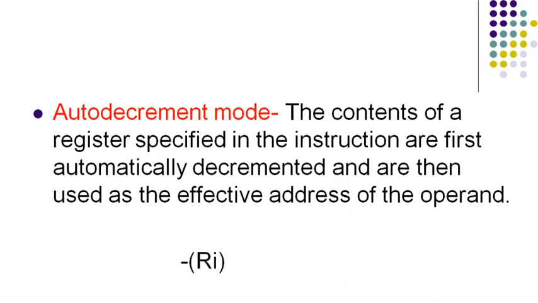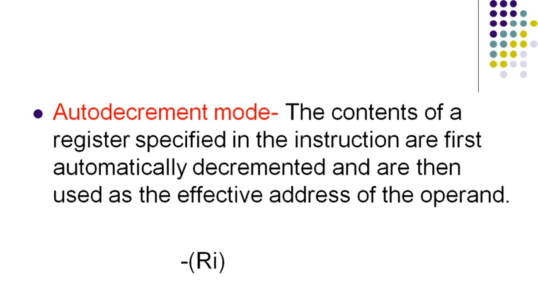You may be wondering why the address is decremented before it is used in auto decrement mode, and it is incremented after it is used in the auto increment mode. The main reason for this is you'll be studying the data structure stack. There we are going to use this auto increment and auto decrement. There the picture will be more clear to you why we are incrementing after accessing the contents, and pre decrement, that is first you decrement and then use the value. So this you will understand better in that section.